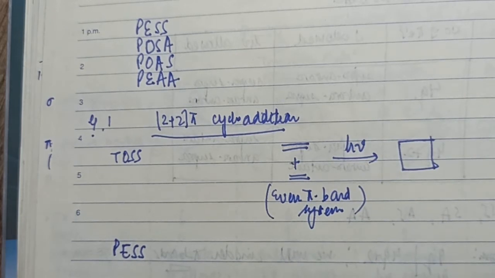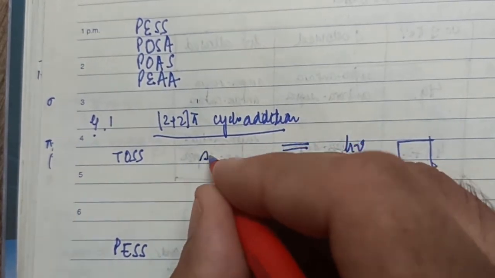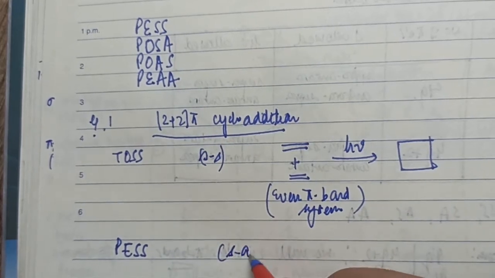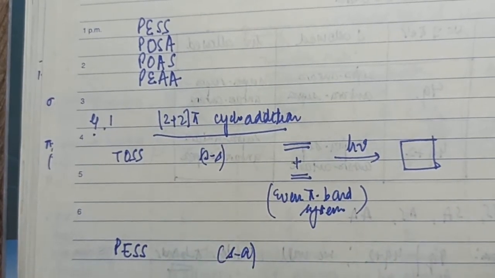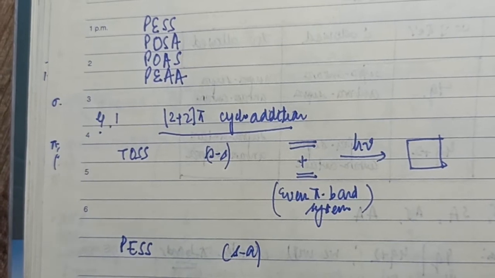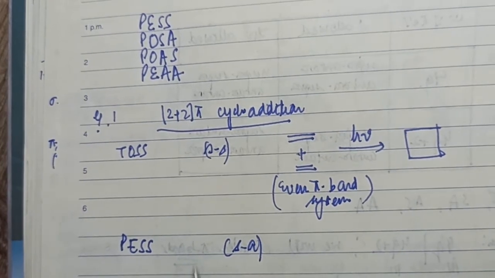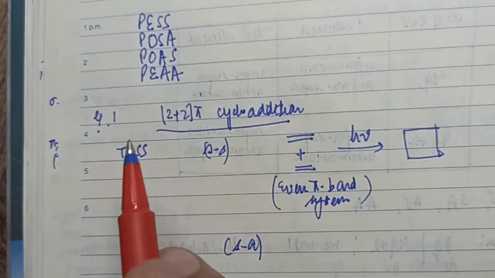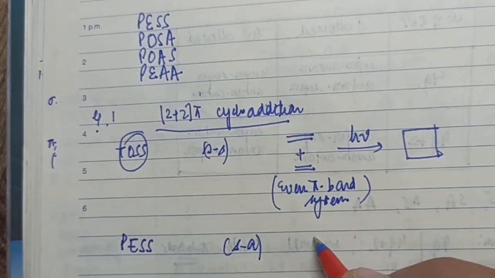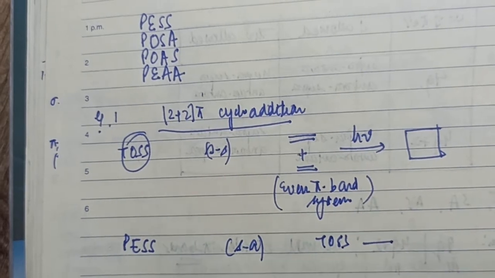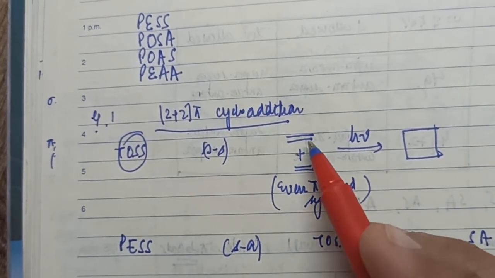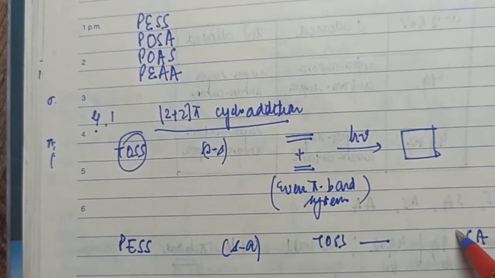Let's say somebody asked me, what would be this 2 plus 2 pi cycloaddition reaction under supra and antara conditions? If I'm using supra and antara conditions, one stereochemical mode is supra, the second is antara. That means this formula needs to be changed. I remember TOS; this formula needs to be changed because my conditions are supra and antara. So I've changed one thing. The number of pi bonds in the reactant system remains the same.